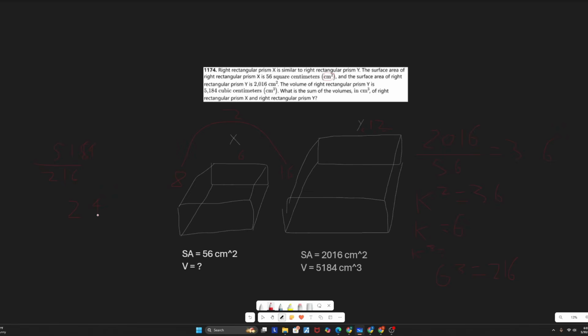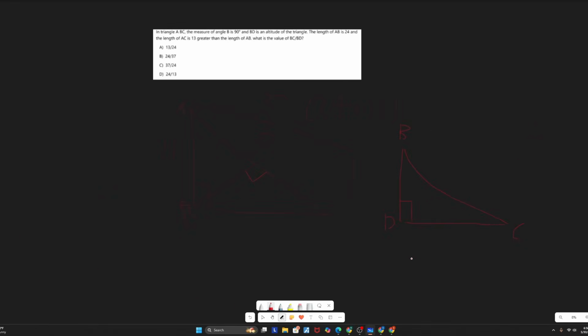And since the problem asks us for the sum of these volumes, you just have to do 24 plus 5,184, which will give you a final answer of 5,208 cubic centimeters. Alright, moving on to another geometry problem, this one testing your understanding of right triangles and triangle